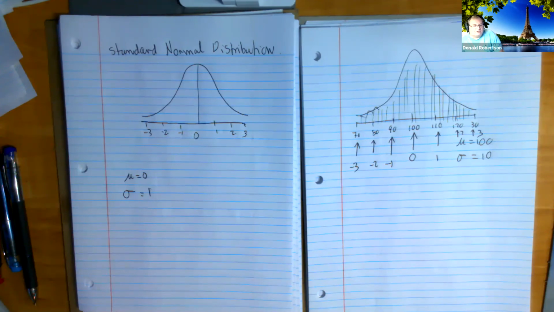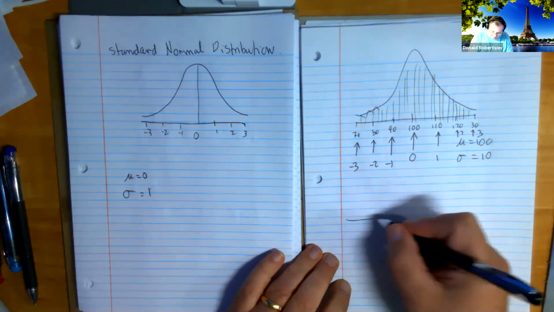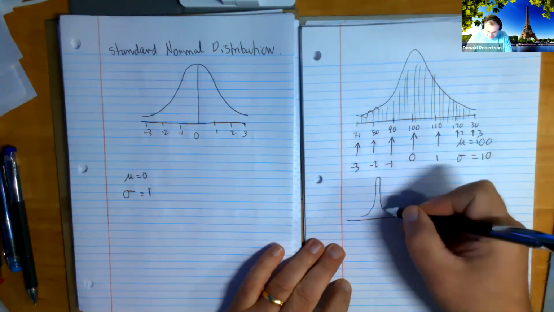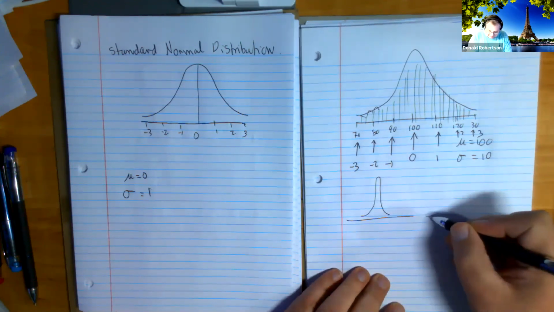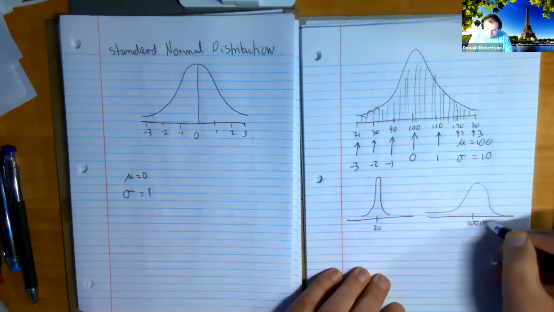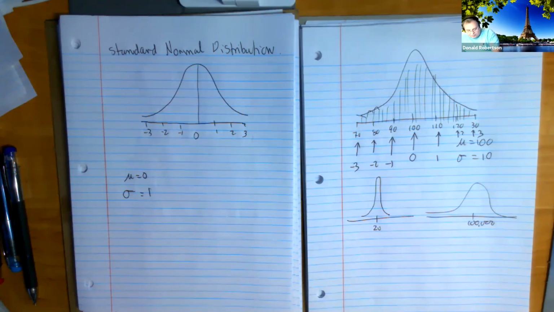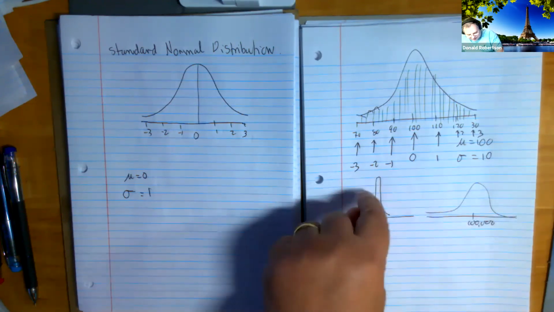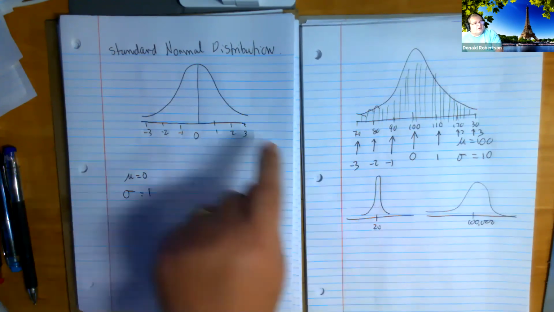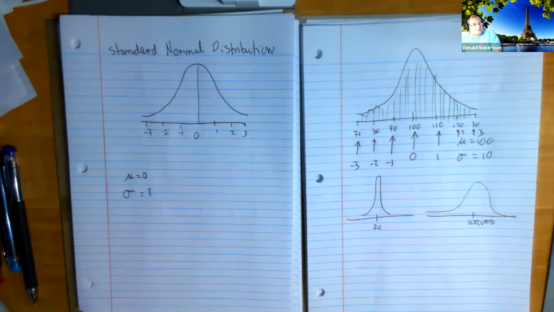That's amazing that that's true, because you can imagine what kind of distributions you get. Do you know, you get some really thin, skinny ones, and you can have big, long, fat ones, and this number could be 20, and this number could be 100,000. I mean, you imagine the variation on that theme, but every single one of them, when you turn them into z-scores, all end up looking like that guy. That's a phenomenal property. It's not intuitive that you would expect that to happen, but nonetheless, it does happen.